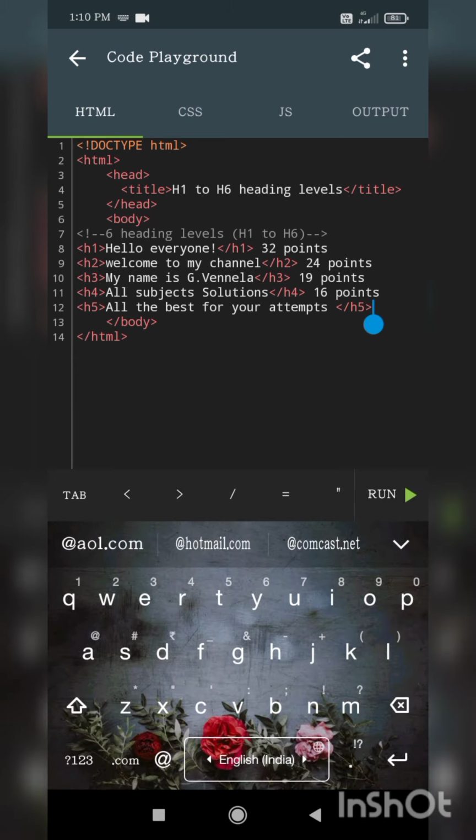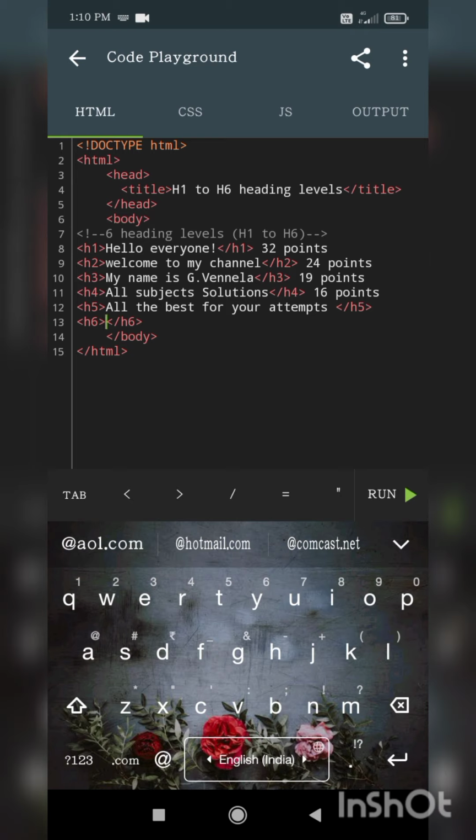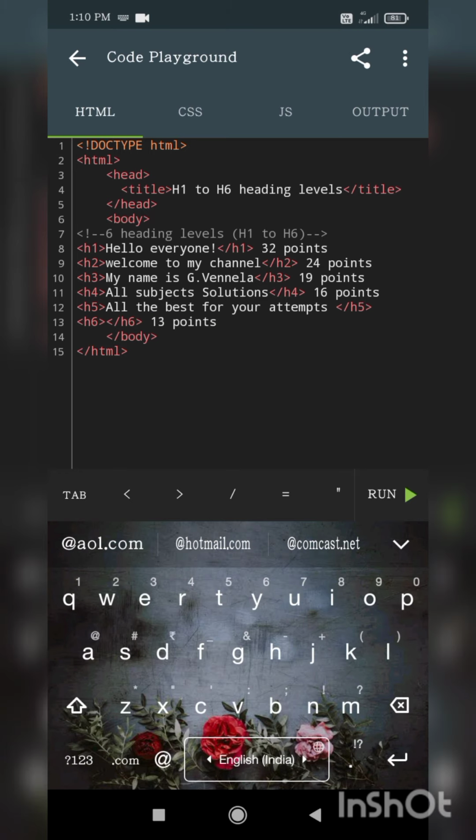So the final one, what? H6 tag. Friends, this H6 tag is used while you are writing some information, some sentences that are not important. If you use this H6 tag in that place, then it will become very small, and it is the lowest heading level in HTML, and its value is 13 points, the smallest value.